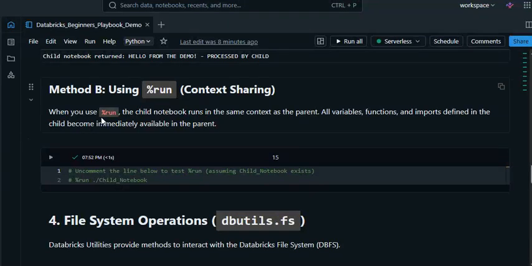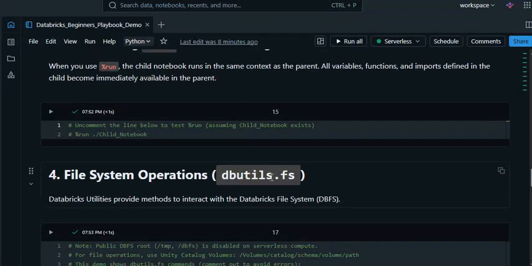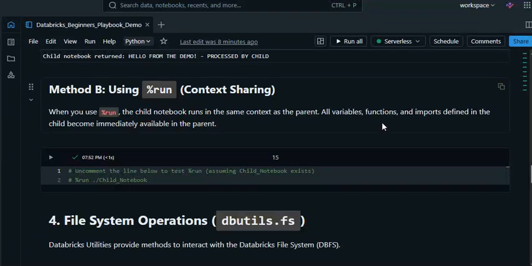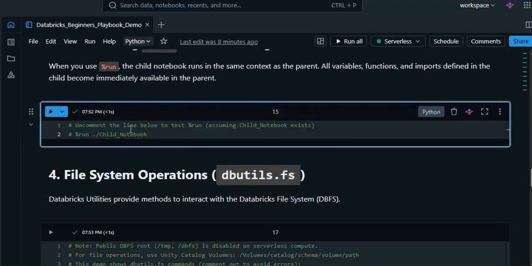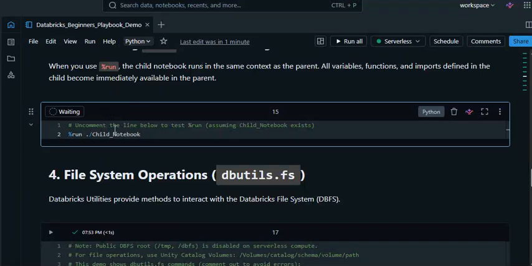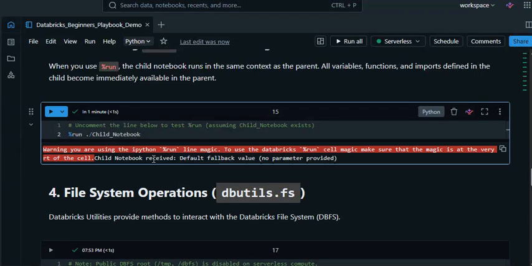When you use percent run, the child notebook runs in the same context, and all variables, functions, and imports defined in the child become immediately available to the parent. If you uncomment the line below, assuming the child notebook exists, and run percent run child notebook, it will show a warning that you are using the IPython run line magic; to use the Databricks one, make sure that the magic is at the very